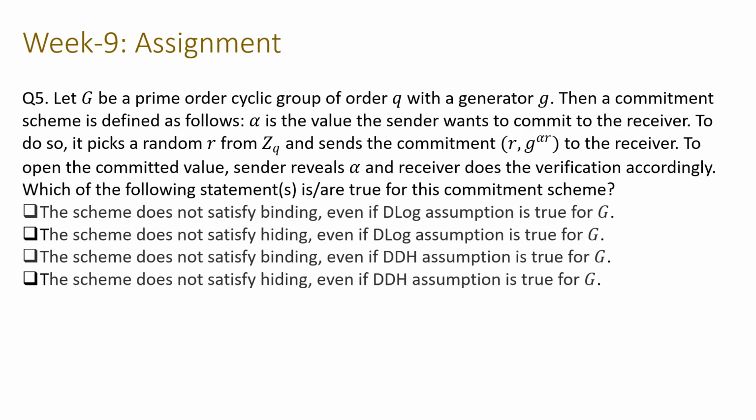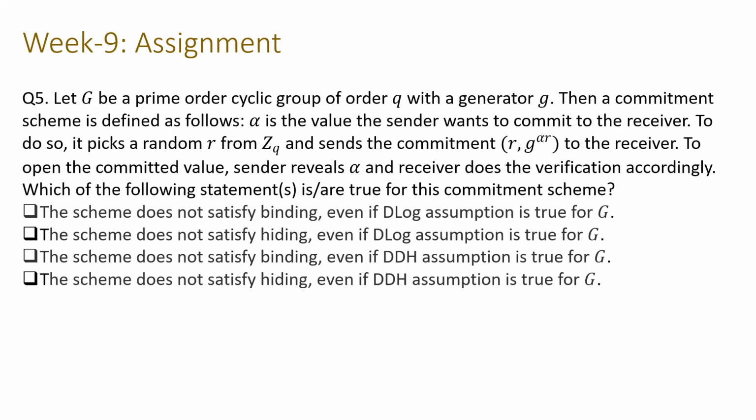Then the adversary outputs some message alpha, beta of its choice, and in response the challenger chooses either alpha or beta to commit. So the adversary should not be able to know, by seeing the commitment, whether it is seeing a commitment corresponding to alpha or corresponding to beta. That is what the hiding property says. So the adversary should not be able to distinguish between the commitment of alpha and the commitment of beta except with